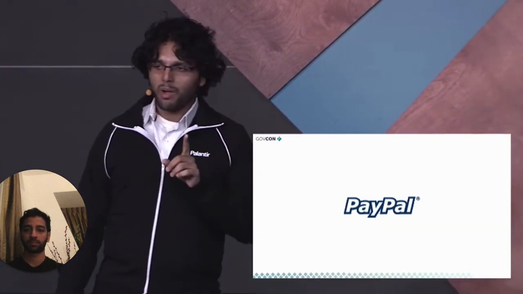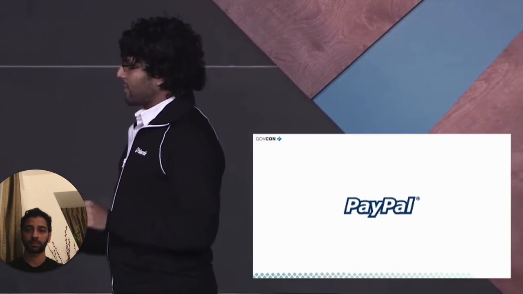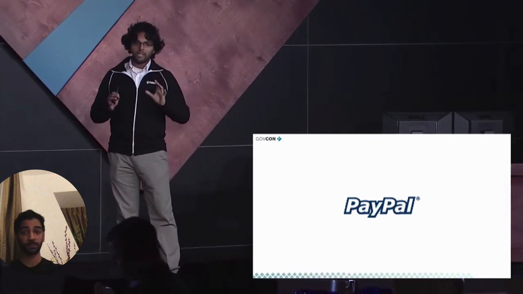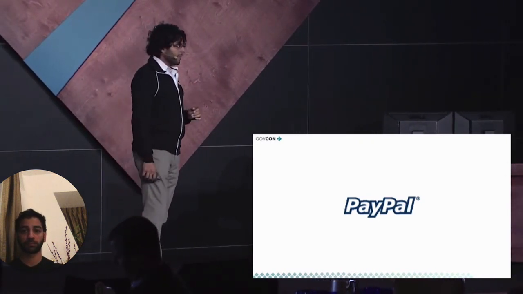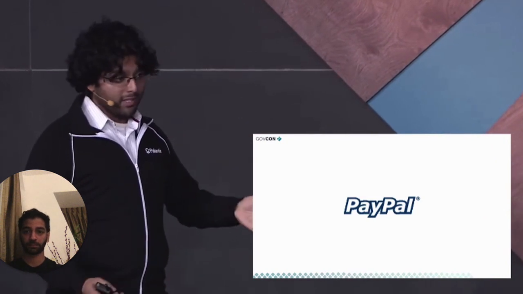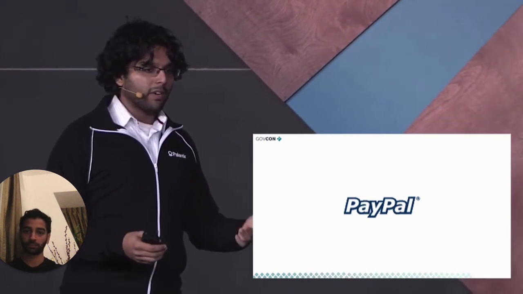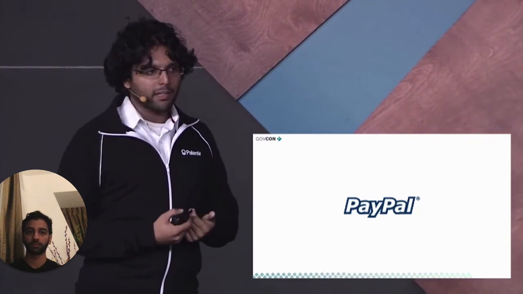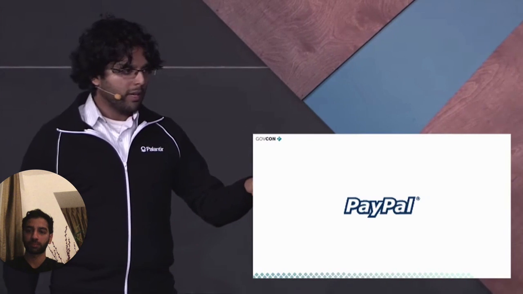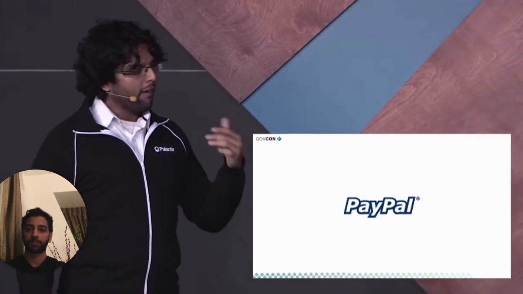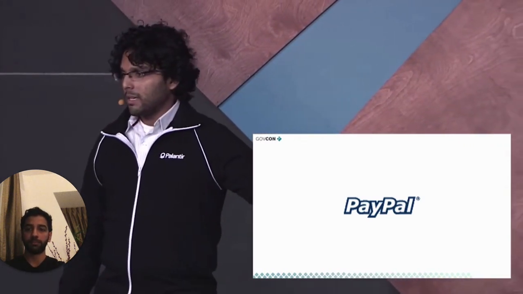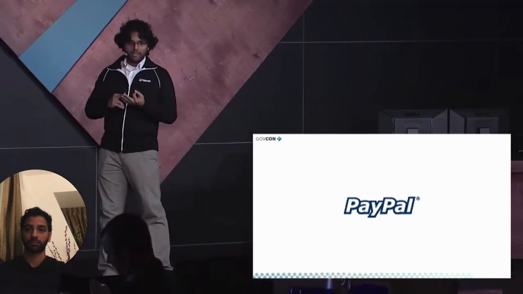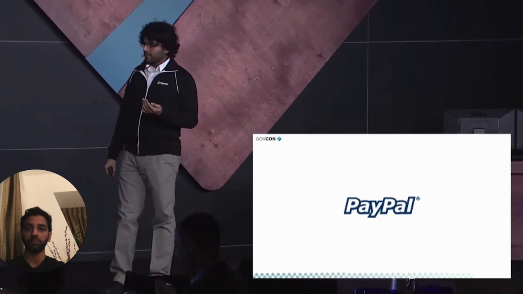PayPal was faced with the exact same problem, but they took kind of a different perspective. So they started at the same place. They said, we have a huge number of decisions to make over a large amount of data, and we have to do it quickly. But they took the opposite perspective. They said, well, obviously, the answer is to increase the effectiveness of every human analyst, to put the computing power at the service of the human who's still making the ultimate call, who's still doing the analysis, who's still asking the analytical questions. And the focus is that everything we do on the computing side is all about empowering that analyst to explore his data faster, to answer questions quickly, to discover the anomalies he needs to discover, and to make those decisions for the business.